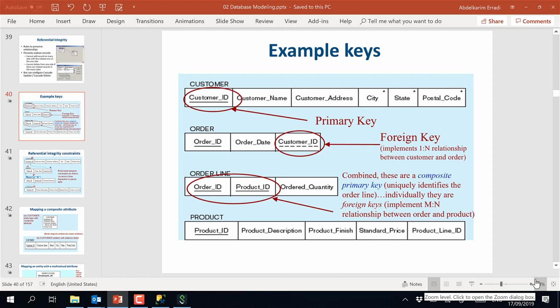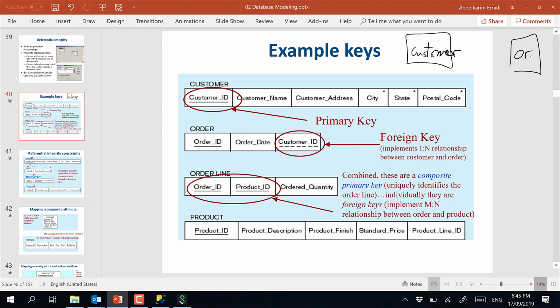Okay, so I try to be a bit quick now to try to finish this. In here, I just want to highlight the importance of keys and the importance that every entity must have a primary key, because we use the primary key to establish relationships between entities. For example, we have here a customer entity, and the primary key is definitely the customer ID, which is a unique identifier. So if we want to establish a one-to-many relationship between customer and order,